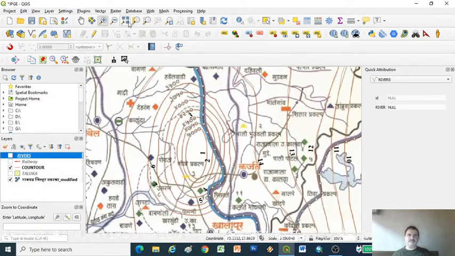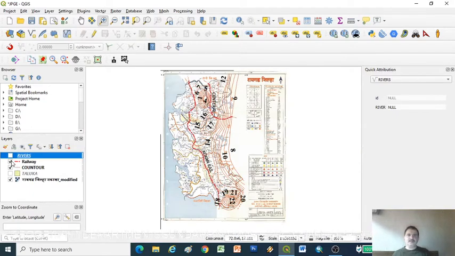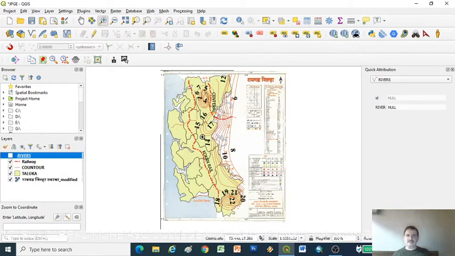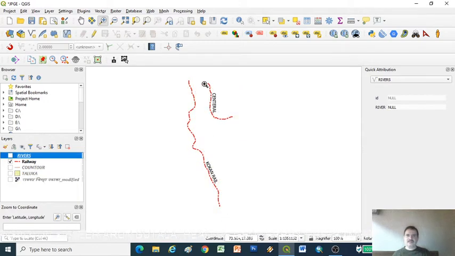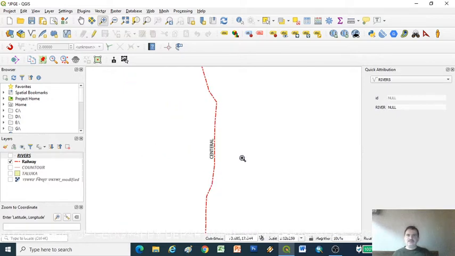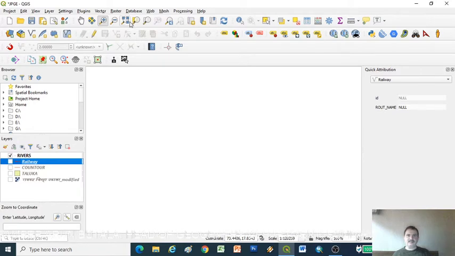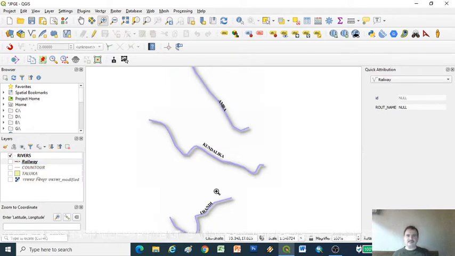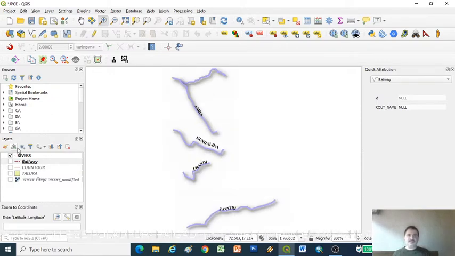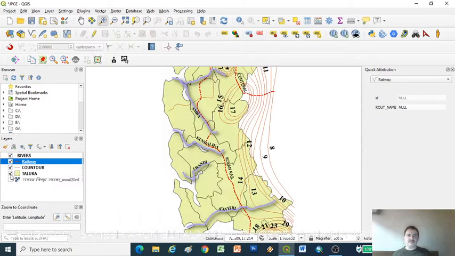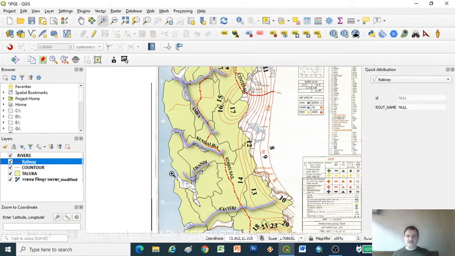Then these are the railway lines which are shown on the map. We can use so many line types. So these are the rivers, and these are rivers with a line layer. These are the rivers with their names and with their shades. So in this way we can create n number of layers on a raster image.